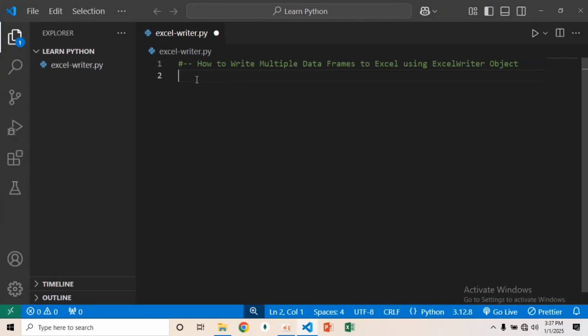By the end of this video, you'll be able to create an Excel spreadsheet with multiple pages using Python and